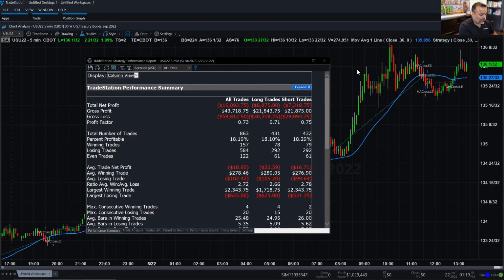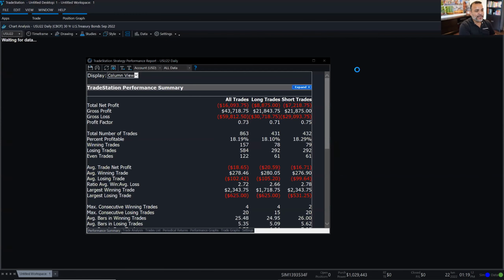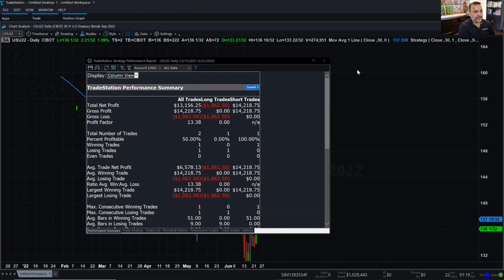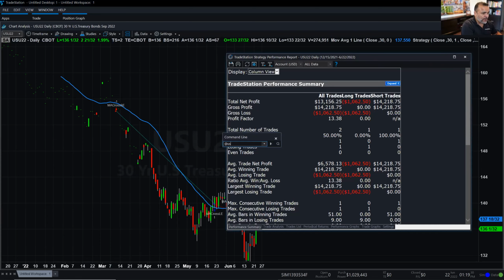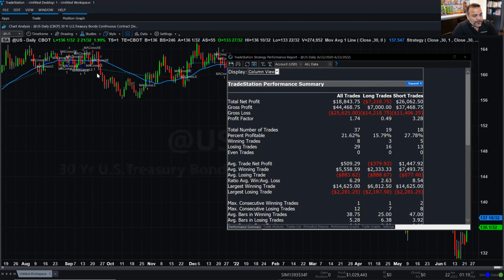For example, if I change the time frame to daily, of course, daily would not be very realistic because there's only 2 trades that were generated in the historical backtest, because this is a futures contract. It doesn't have much historical data. If I wanted to switch this to @US, which is the continuous contract, then look what the